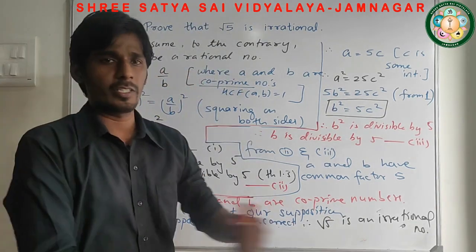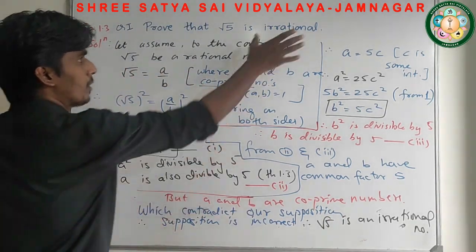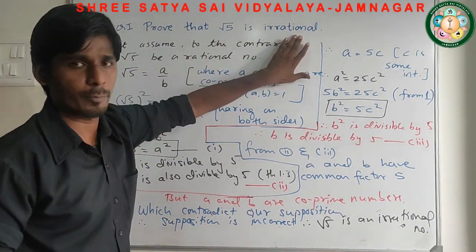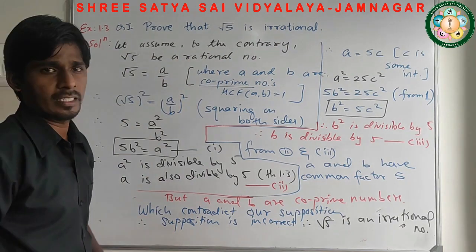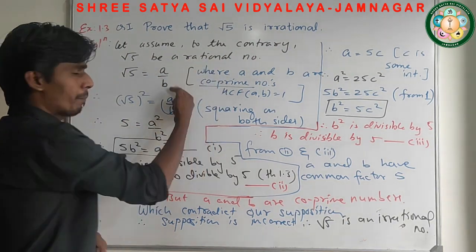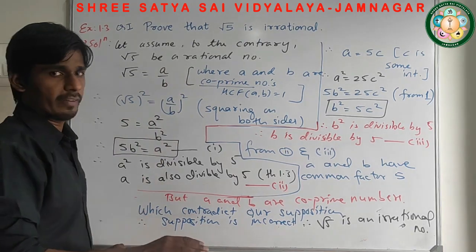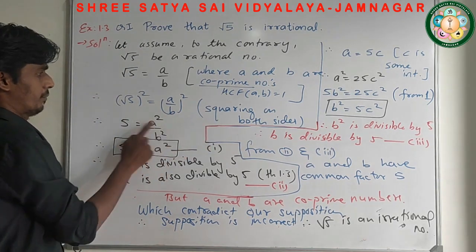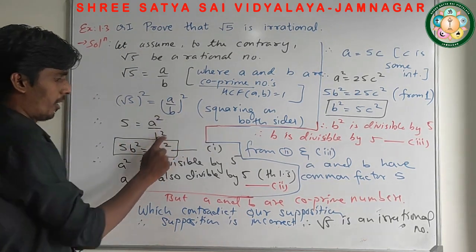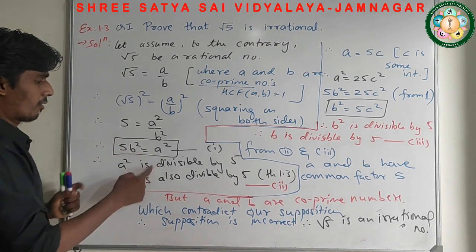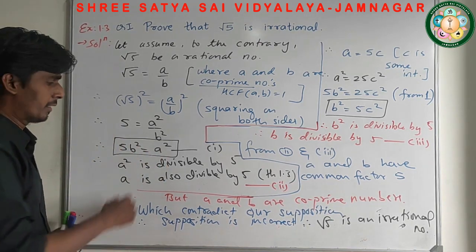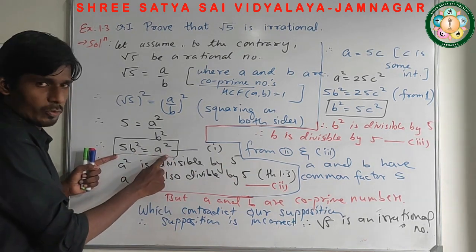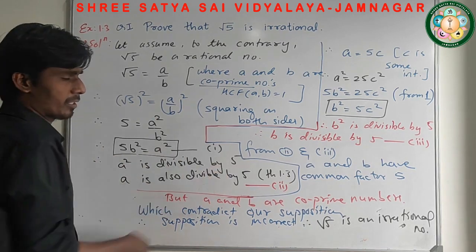Let me give you a quick revision of all the statements. First of all, we took the opposite of the statement we have to prove. We have to prove √5 irrational, so we took √5 as a rational number. A rational number will be in p by q form. a and b don't have any common factor, where a and b are co-prime. Now squaring both the sides, √5 becomes 5 a square upon b square. b square removed here, I got a square equals to 5 into something. It means a square is divisible by 5, because multiplying 5 by something makes a square.